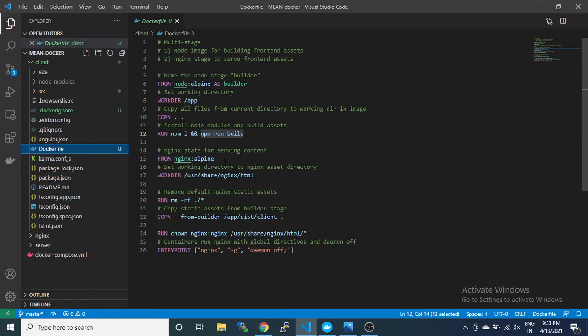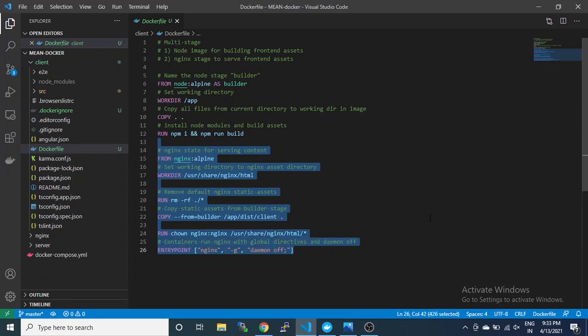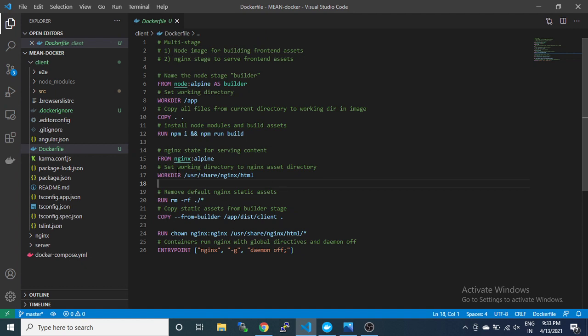Then after that we need nginx to run this static build, because Angular creates a static application after the build. So we'll need a server to run it on a port. For that we are using nginx inside this container.